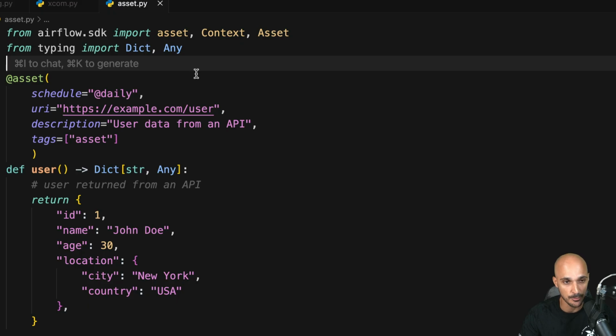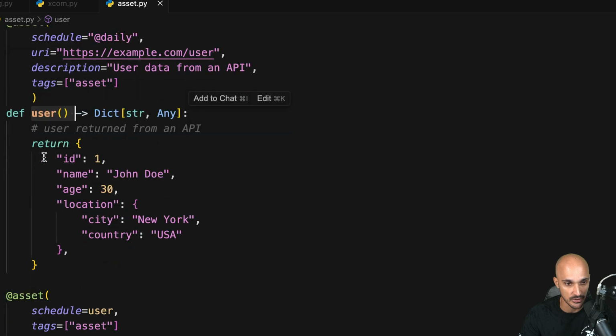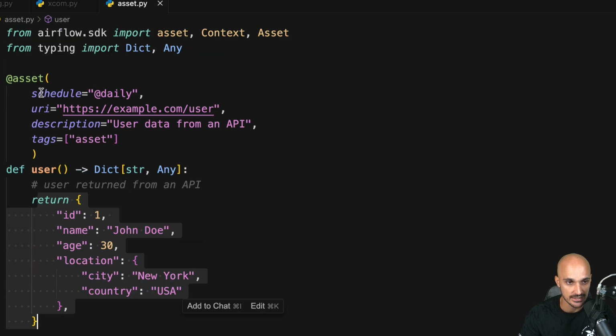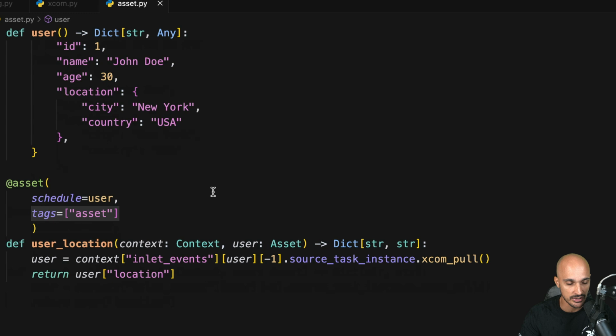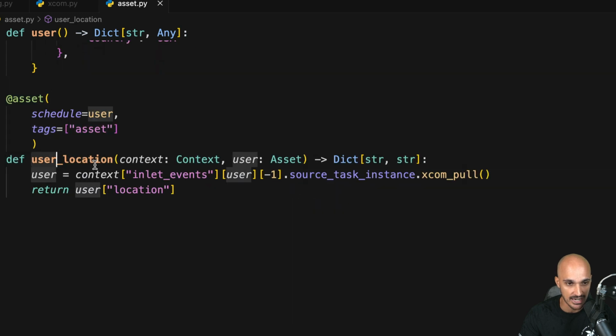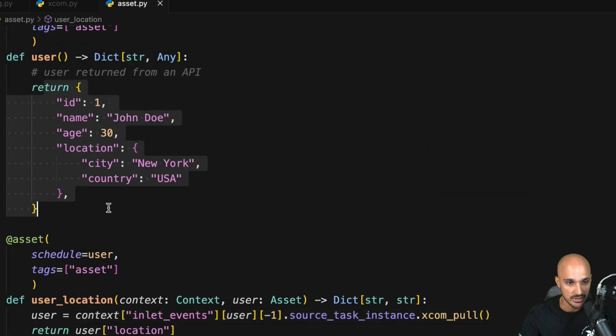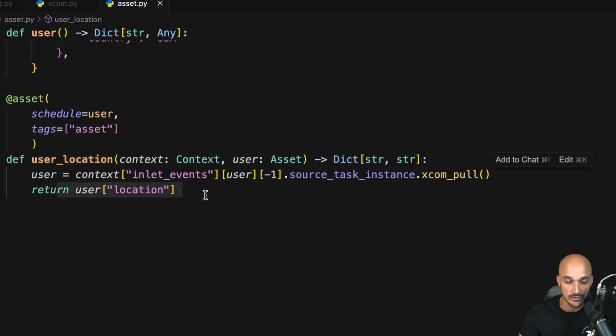Looking at the following example, you have the user asset that returns a fake user. You can see that the asset is produced every day at midnight. It has the following URI and two DAG parameters, the description and the tags. Then under the user asset, you have the user location asset, which is scheduled on the user asset. So as soon as the user asset materializes, that triggers the user location asset. And then we are fetching the user that the user asset returns